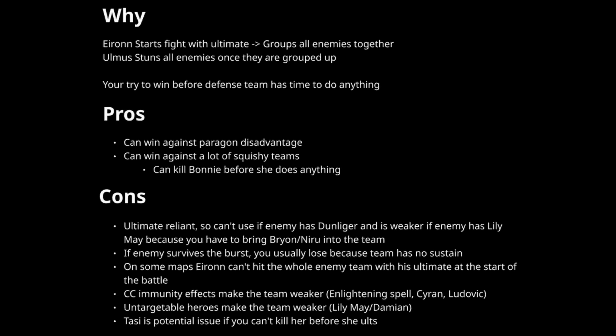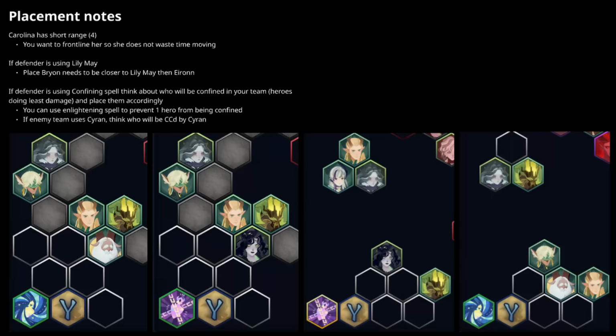The downside of this team is that if you're not able to kill the enemy team at the start of the fight, you will usually lose because this team doesn't have any sustain. So the placement notes are that if you are using Carolina, she has a short range. She has a range of 4. So you actually want to place her at the very front of your team, which probably doesn't sound very natural, but that's just how you want to do it, so that she doesn't have to move during the fight,